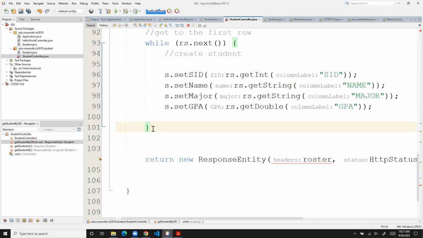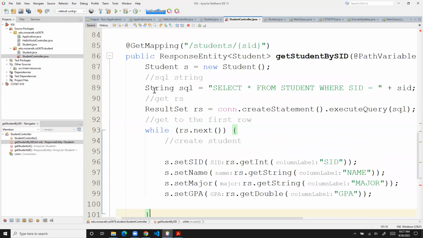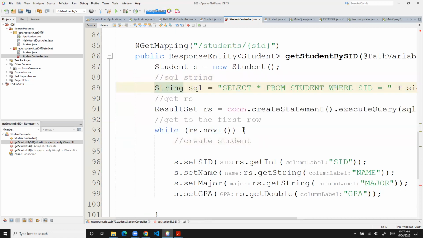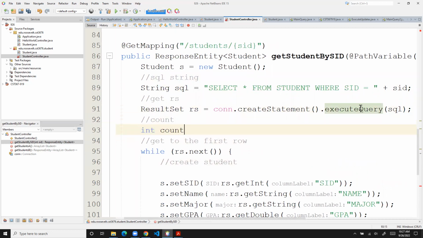We have to find a way to find out whether or not this actually returned a result. Couple of ways we can do it. We can actually select the count, get the count, like what we did before, and determine whether or not it returned a row. However, you know what else we can do? This result set will return nothing. It'll be empty. So this will never happen. We could just simply do this. I don't recommend this. We actually should do the count, but